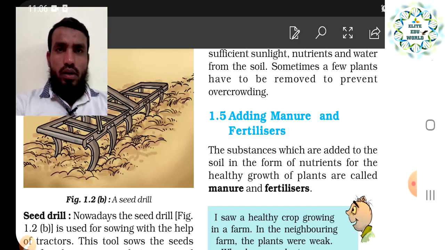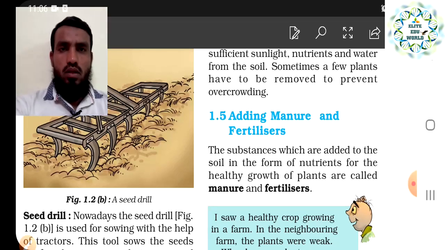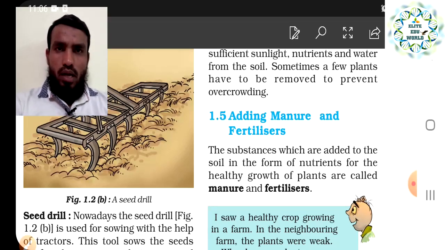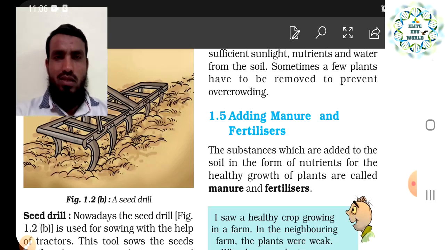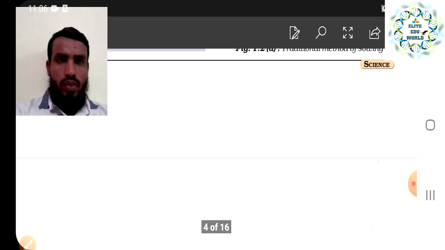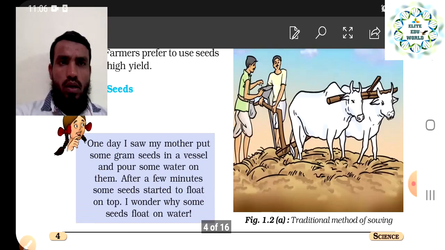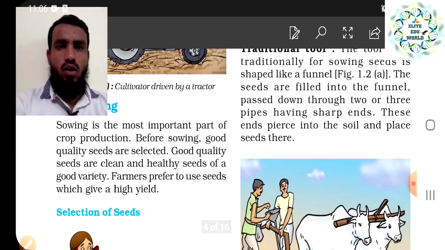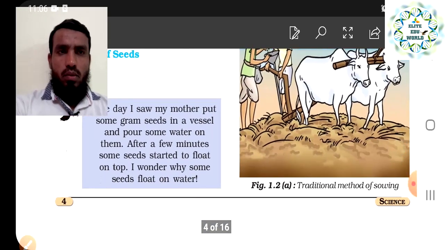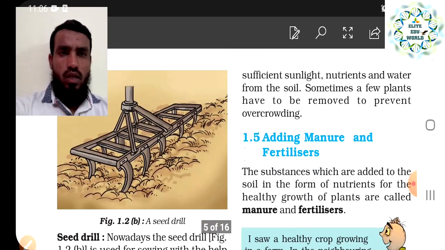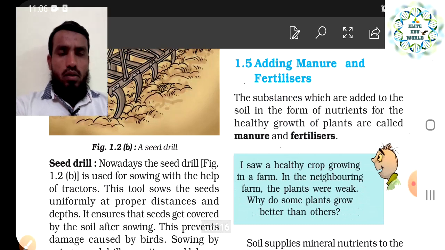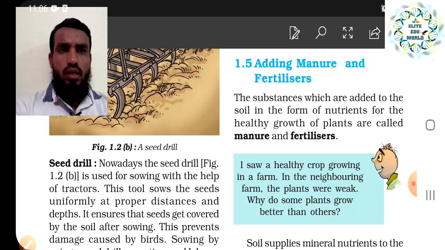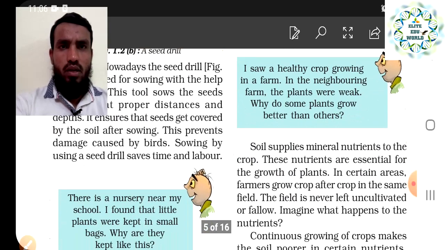We have already started a chapter called crop production and management, and we have already seen so many things in our last two lectures, like what is meant by crop and what are the basic techniques we have to use to improve the crop yield. That is our main motto while we are studying this chapter. Lastly, we ended on adding fertilizers or manure, what fertilizers are,